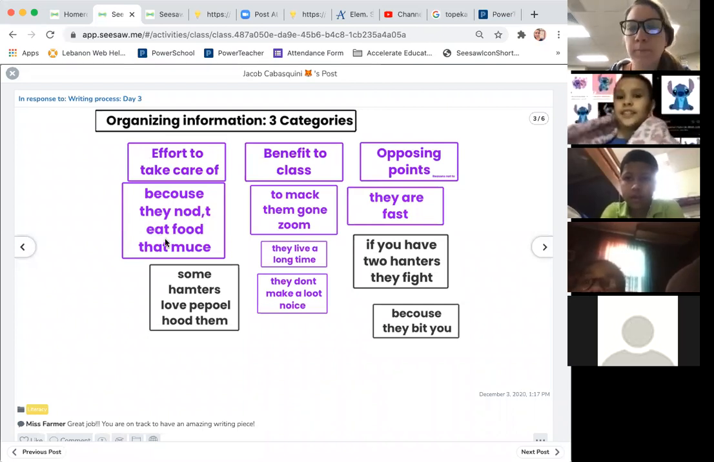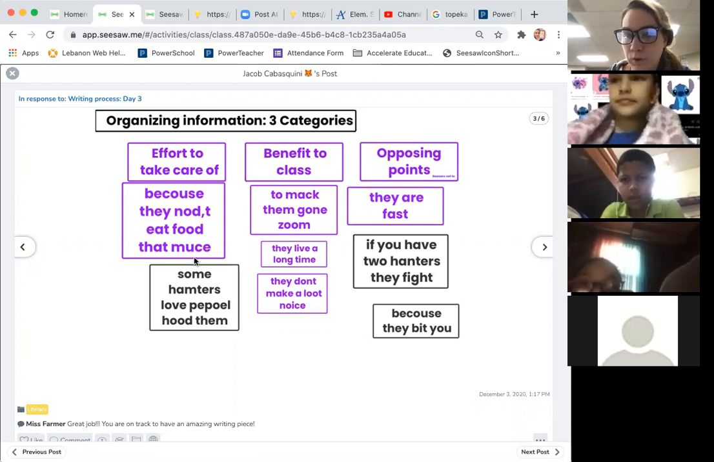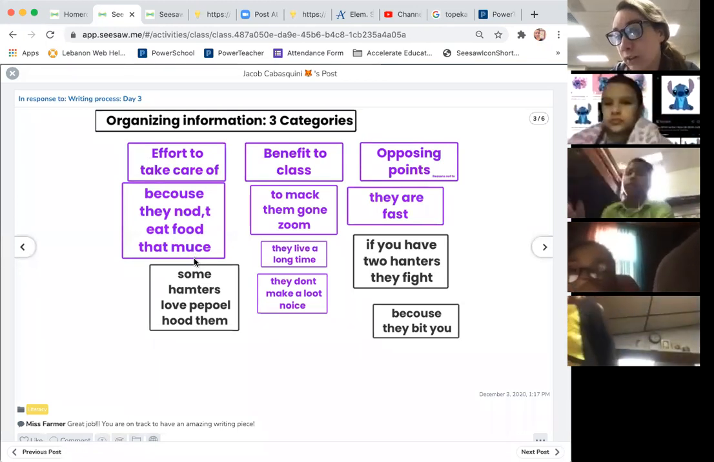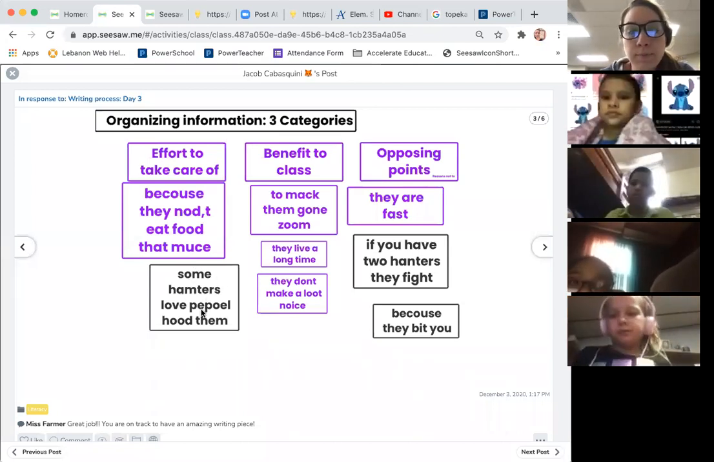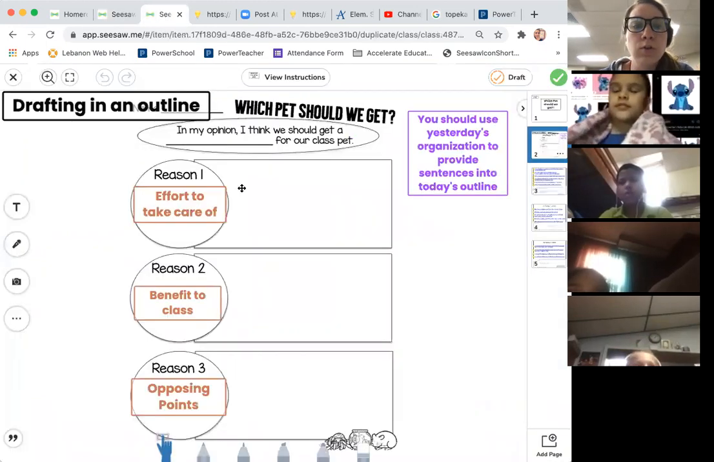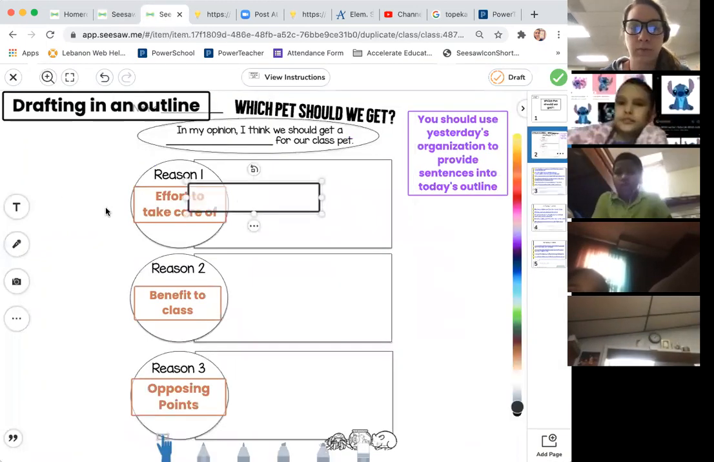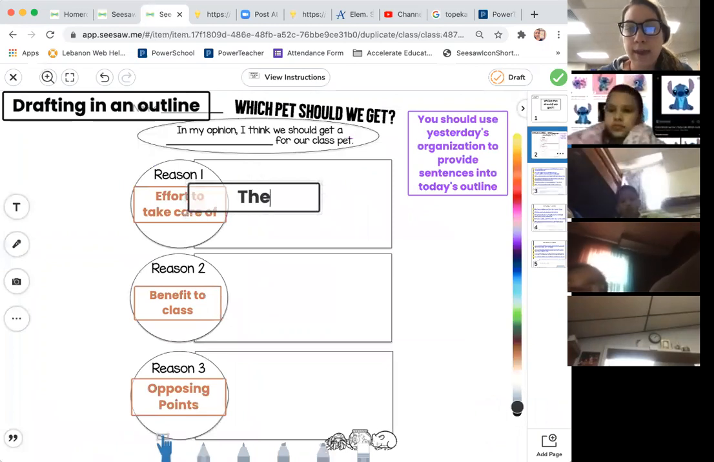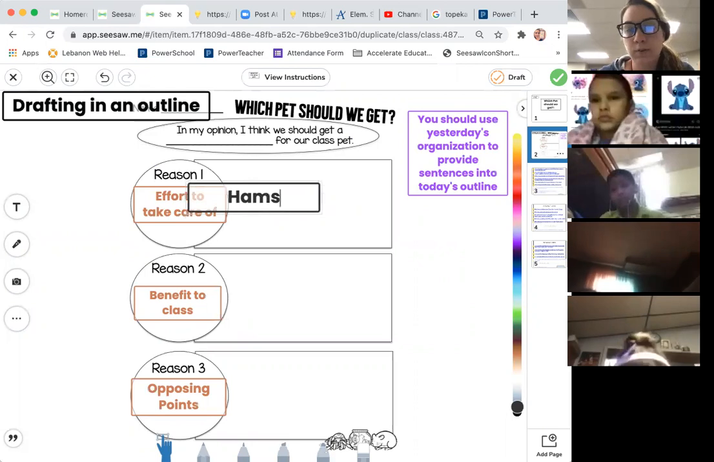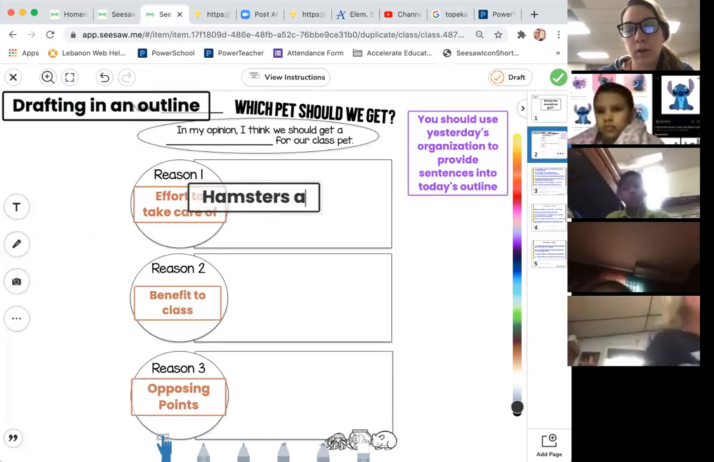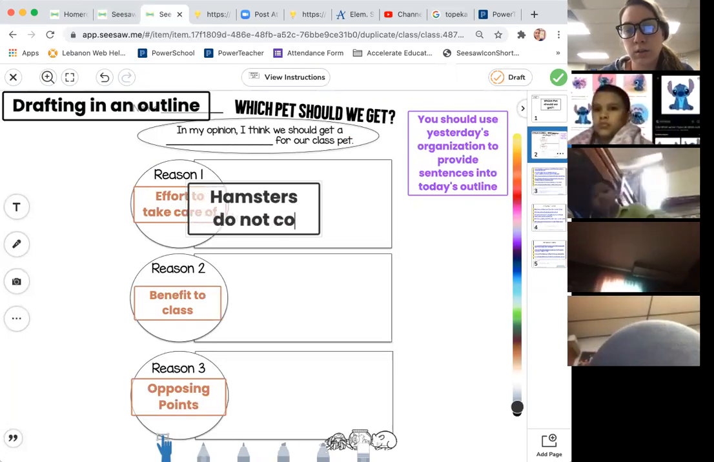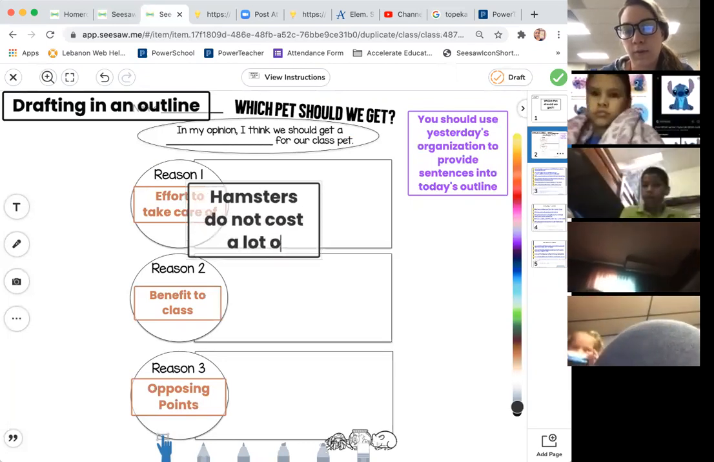They don't need food. Yeah, they don't eat that much food, right? You can feed them, like the food is going to last a very long time. So that's something. And some hamsters love when people hold them, right? So over here, you could be like, how about not they? Hamsters do not cost a lot of money